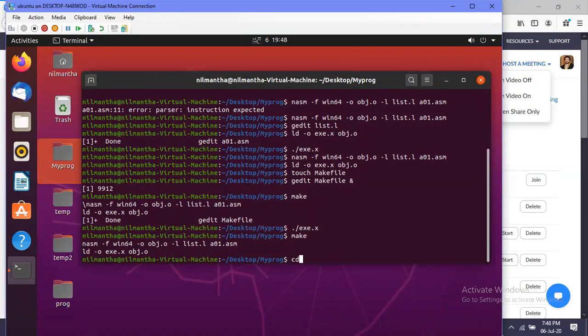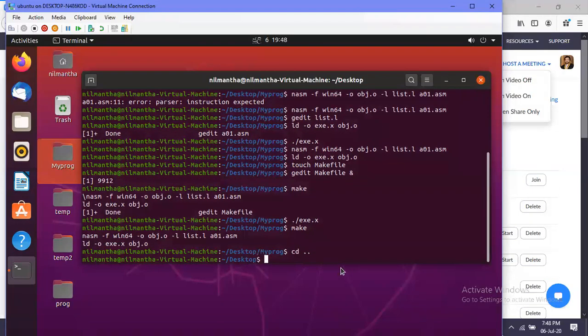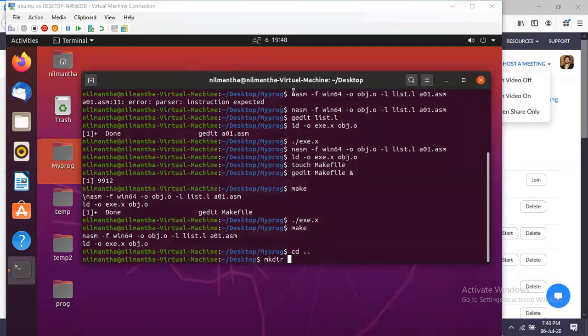I want to change back to the previous directory, that is desktop. That is done by cd double dot, which goes back to the previous directory. So now I'm in the desktop directory. I will create a new directory known as workshop 2.